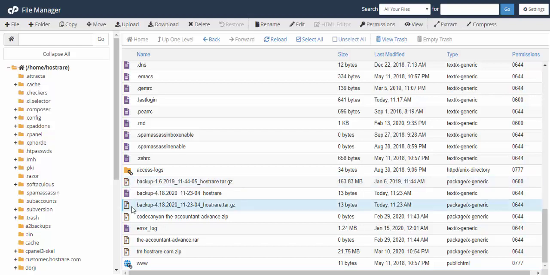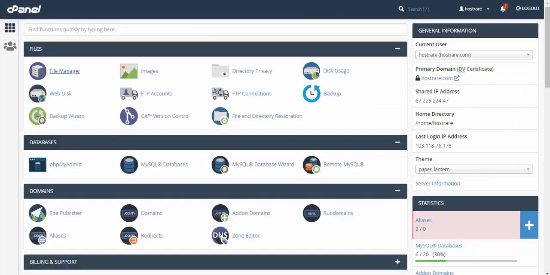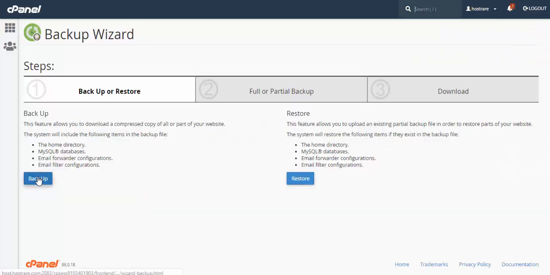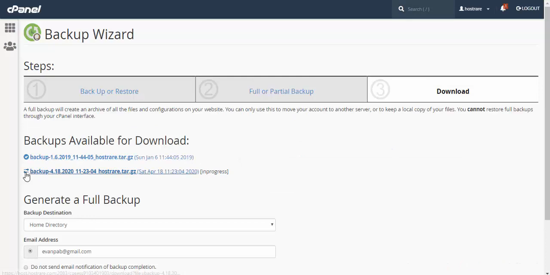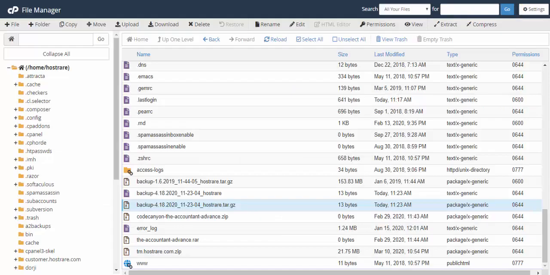These two are my old backups, but when this backup is completed, you will get this file in this section, that is home directory /home/hostdir. For your domain, you have an account name, and you will find the location in /home/your account name.